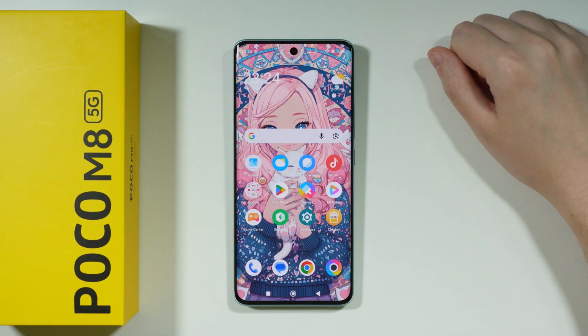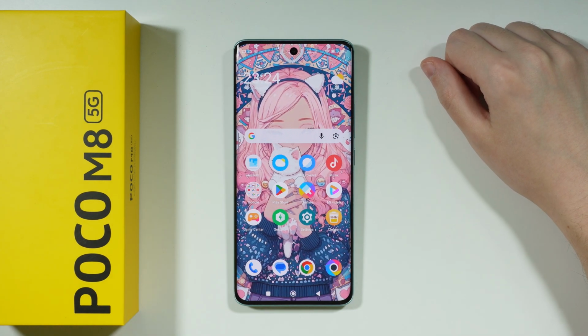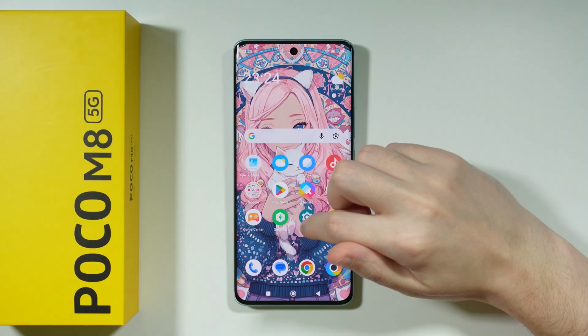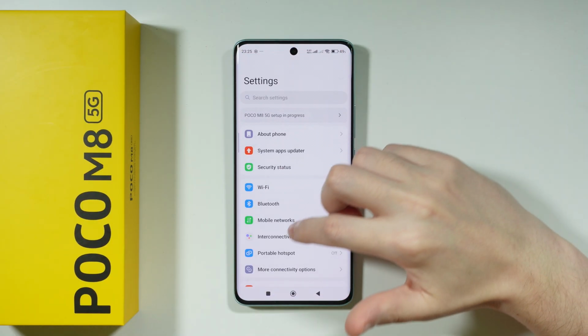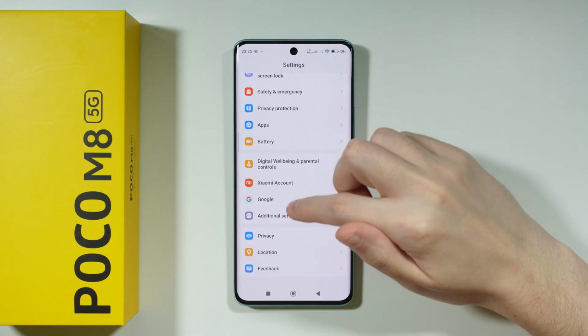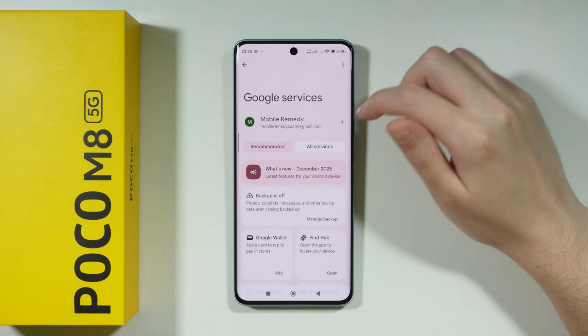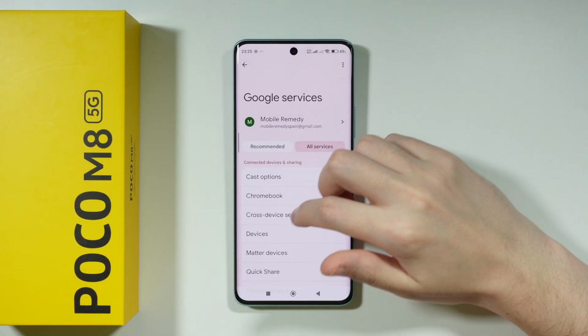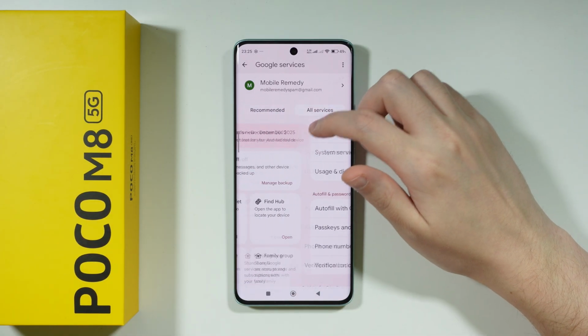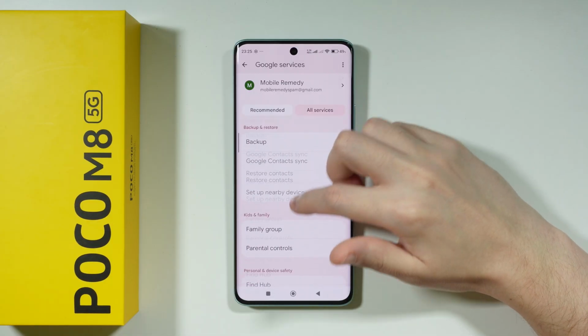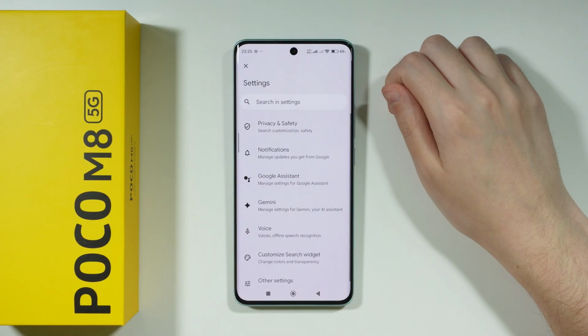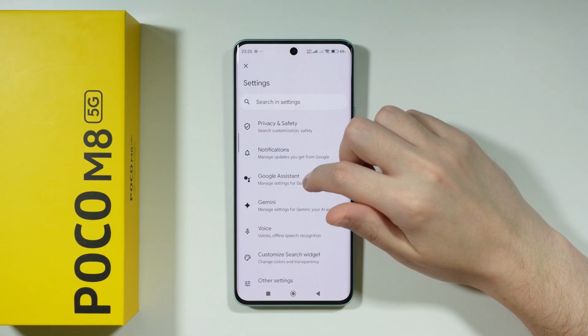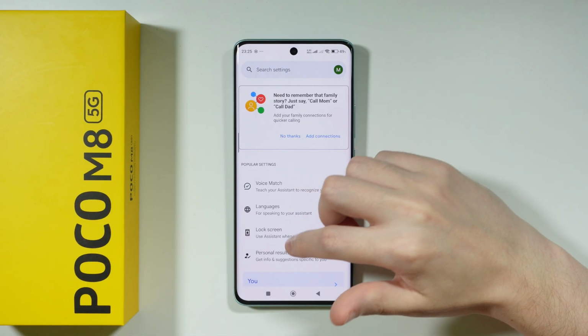If you want to completely deactivate Gemini or Google Assistant on POCO M8 5G, we need to go to Settings. Next, scroll all the way down and go to Google. In Google Services, we're going to switch to All Services and then scroll down a little bit until you find Search, Assistant and Voice. In here, go to Google Assistant, even if you use Gemini, and then we're going to